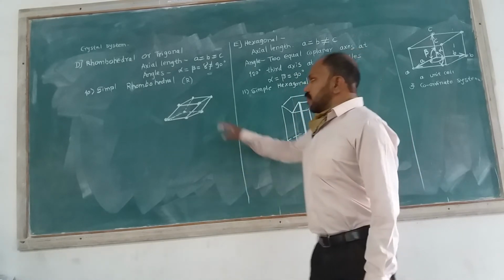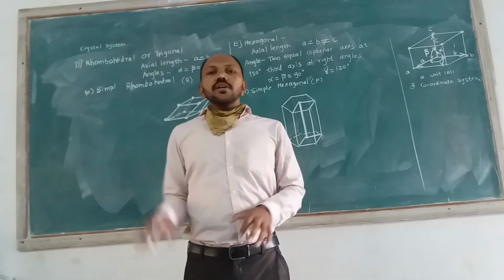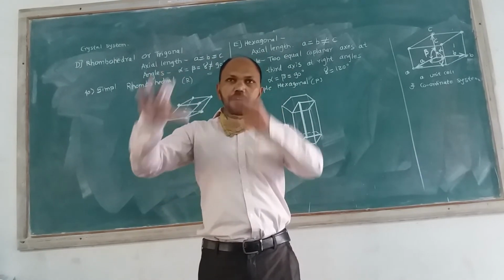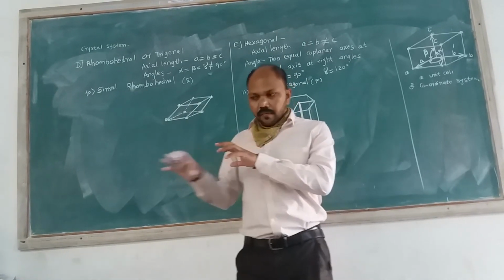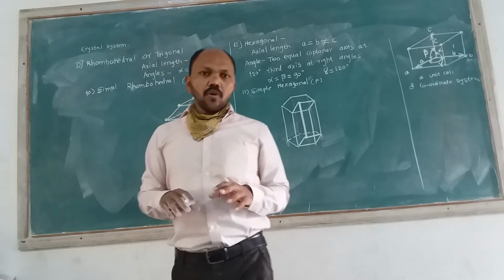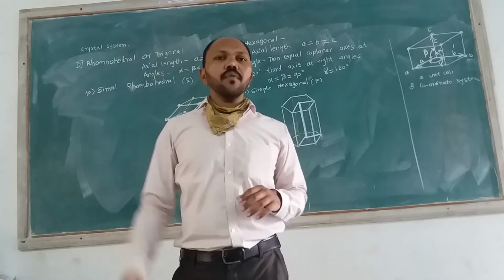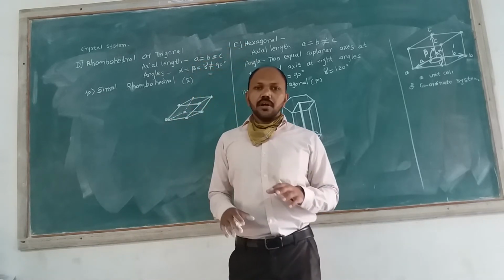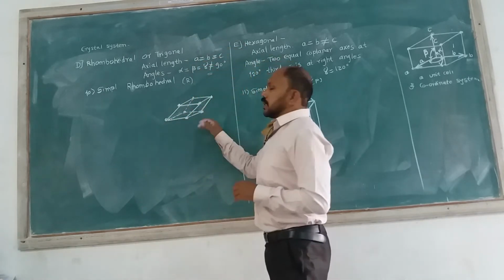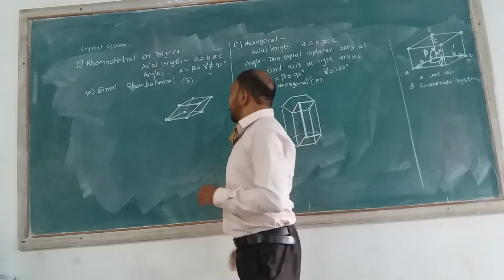Okay, but if we arrange this type of shape in stacking also, then no gap is available in between any box. If we make this type of boxes and arrange these boxes linearly as well as in vertical direction, then no gap is available here. Okay, so this structure is also considered by the scientist Bravais.